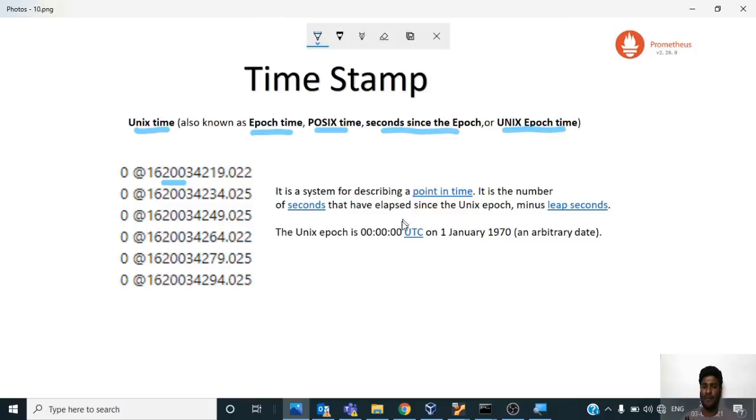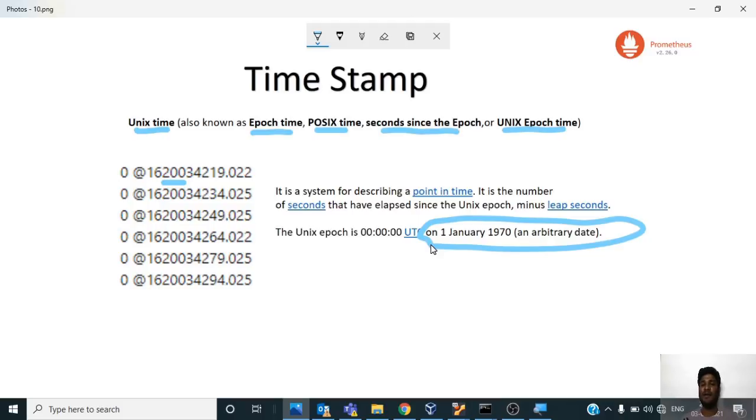What is epoch time? Epoch is nothing but this date. What is this timestamp? This timestamp is the number of seconds which has passed from this date. And why did we prepare it? We prepared it because a timestamp may have slashes, it may have January, February, but computer systems maintaining